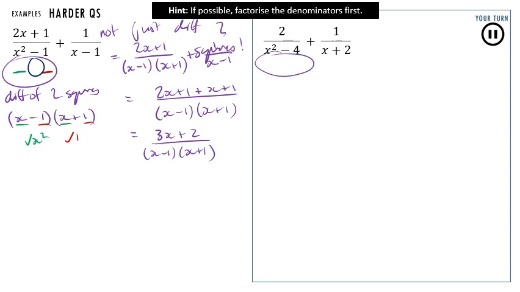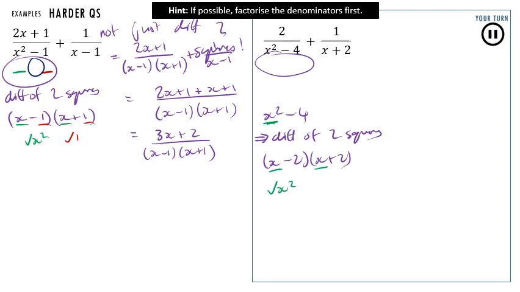Again, we can factorise the denominator of our first fraction. Again, we've got the difference of 2 squares. So we can write this as x minus 2, x plus 2. And the reasons for that: the square root of x squared is x, the square root of 4 is 2, and then we've got 1 take away, 1 add. So putting this in place,